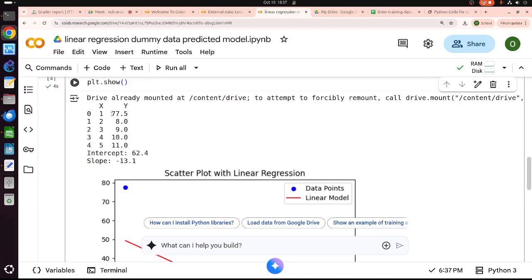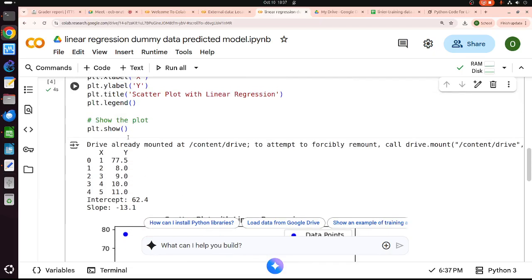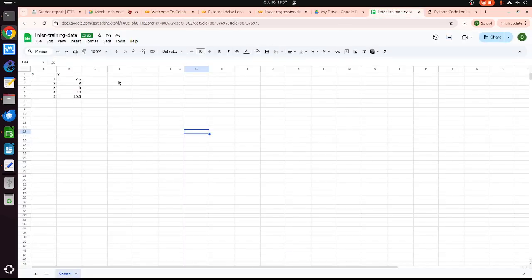Okay, change. Oh, 77. I'm in big trouble here because this is wrong. How come 77? I think I saved.